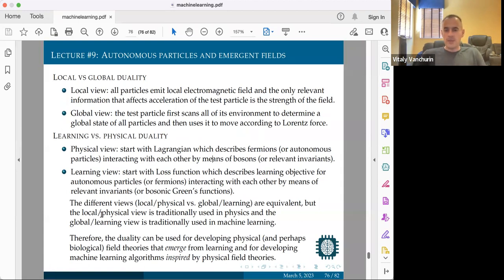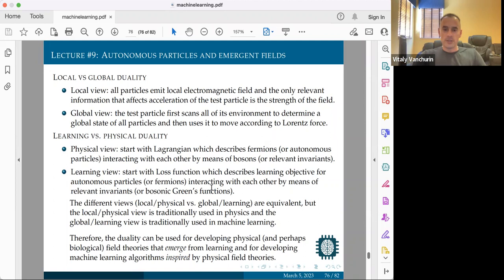But there's another important lesson that we learn from here: sometimes it is more useful to model the dynamics of what looks like a learning system. Sometimes it's useful to use this learning idea even if they don't seem like learning systems. So for example, physical theories. If you have a physical theory, just like electrodynamics, we can look at it and ask, all right, can I identify the loss function